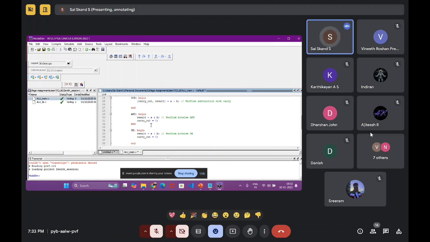Okay, and then next for or, this is the symbol for or. Again a begin block, and within this block we have the result. Similarly storing the carry. We don't want carry, so we have set it by default to 0. Then similarly XOR, begin end. We don't need carry, so we're setting it as 0. Okay, so this is going to be bitwise XOR. Each bit we are going to perform this operation. Don't confuse it with the normal logical XOR. Okay, I guess you're clear with that.